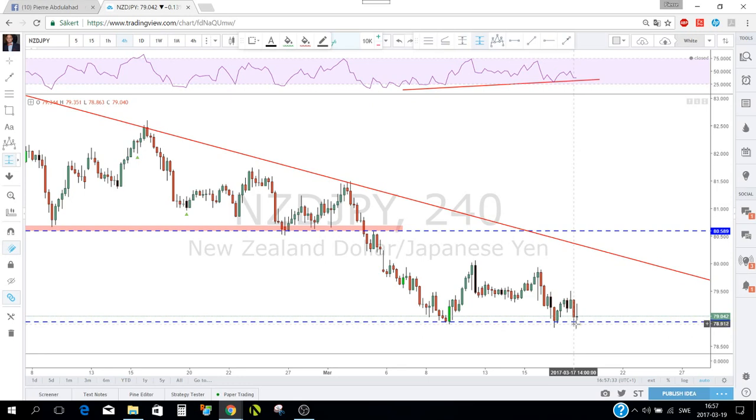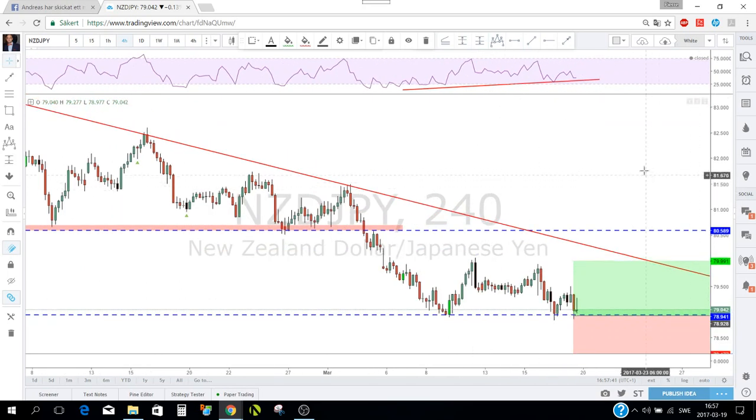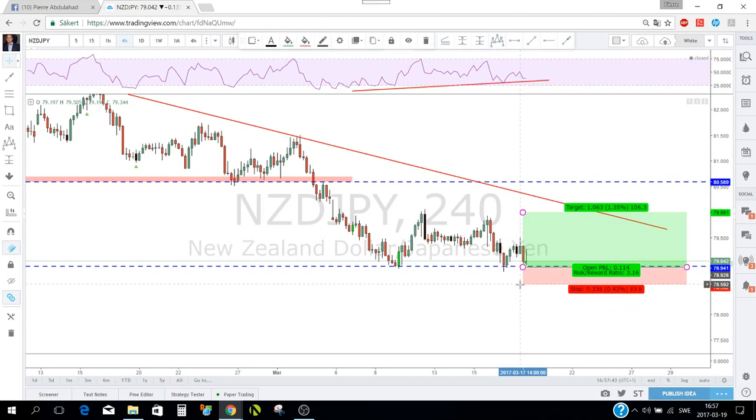If you enter somewhere here and you want just a retest of the highs, your risk to reward is very good, because you maybe will be putting your stop loss somewhere below this structure here, about 33 pips,